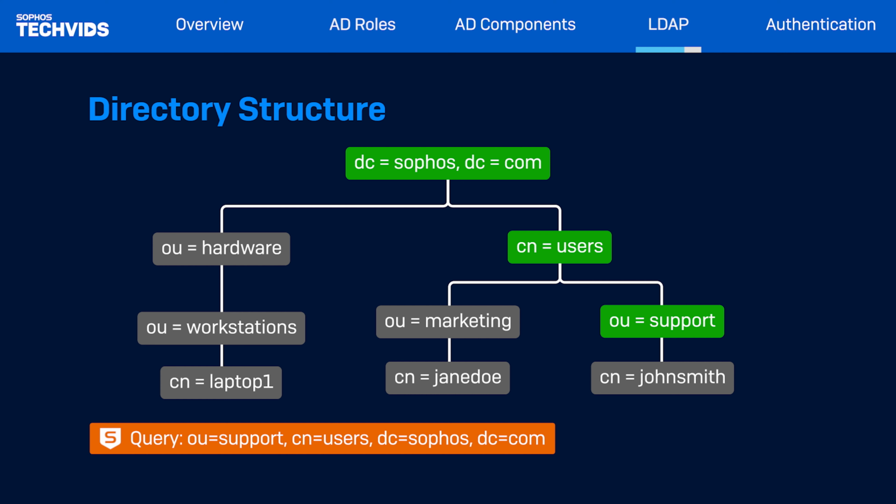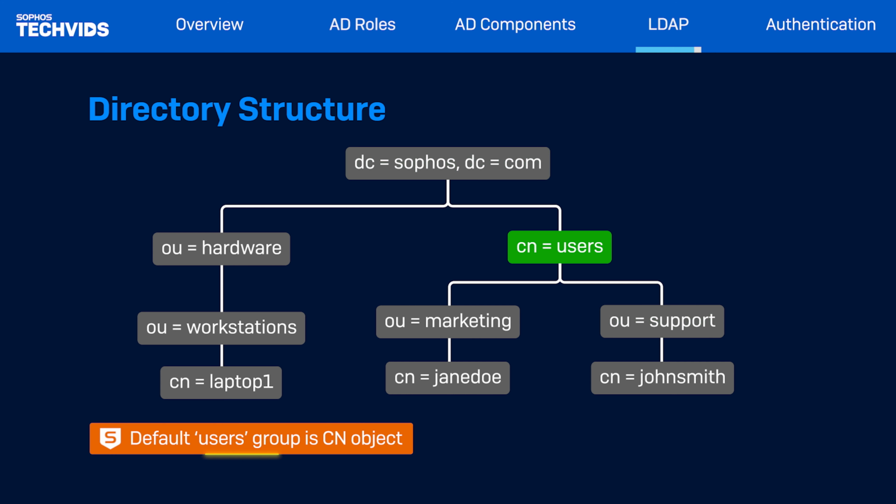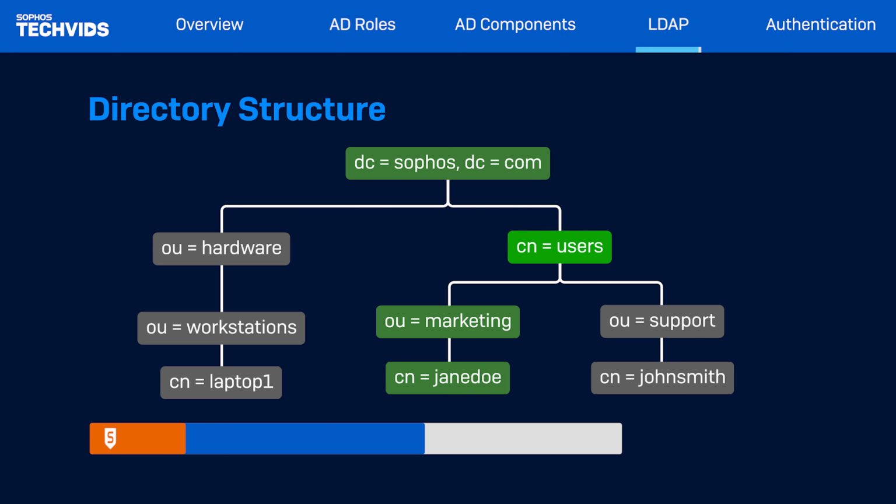If we want to query for a list of users, we can use the object class filter with the users argument so that the query only returns user objects. We can also use the CN filter, which stands for common name, to find the user that we know the exact name of. These attributes are used to identify specific information within directory objects. A common mistake when querying within the default user container is using OU instead of CN for the object class. In this case, an example query should look like this.